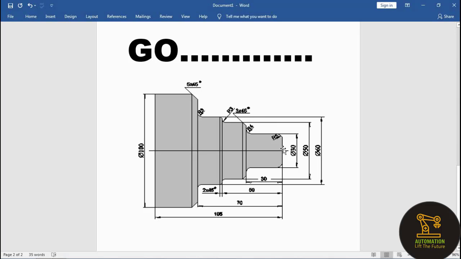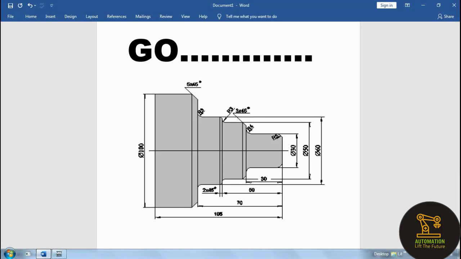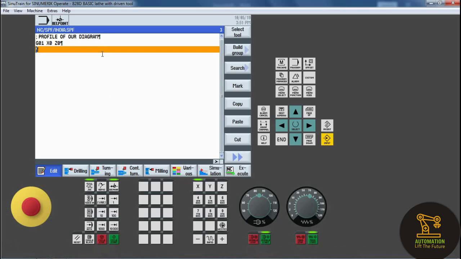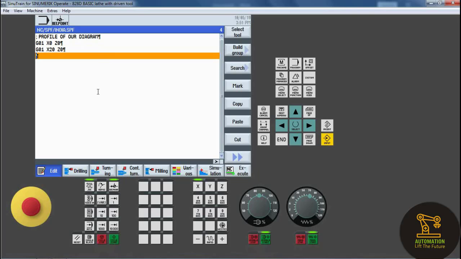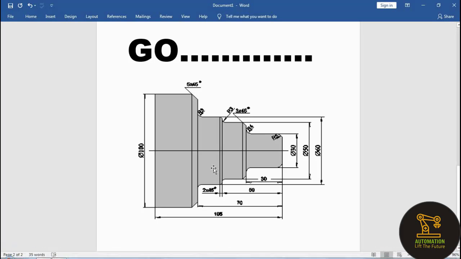Next is linear motion, which is indicated with G01. The next point is G01 X20 Z0, and the next point is a radius of 5.